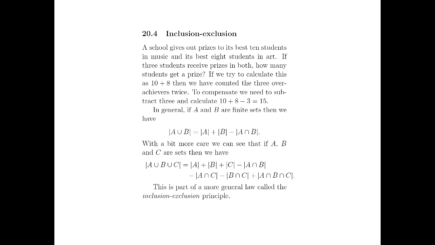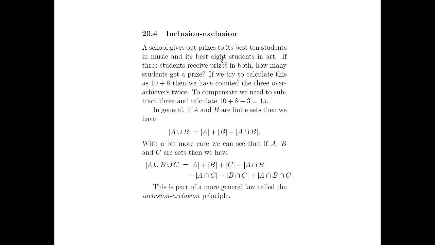Okay, so last big idea for this lecture is another really cool thing called the principle of inclusion-exclusion. And so it's a way of counting the size of a union of sets. So the example in the notes is if a school gives out prizes to the 10 best music students and the 8 best art students,